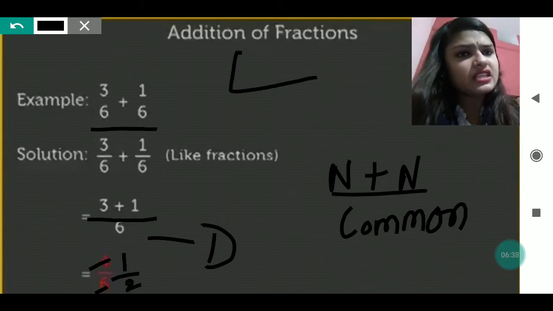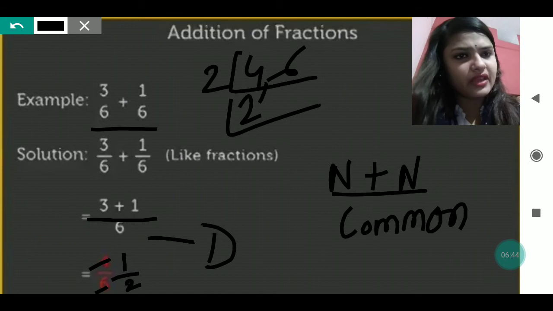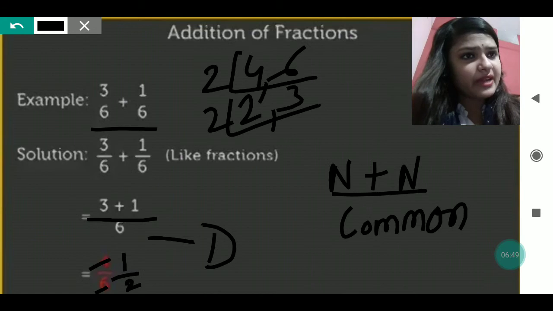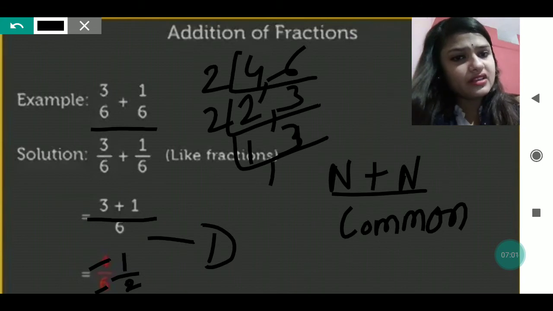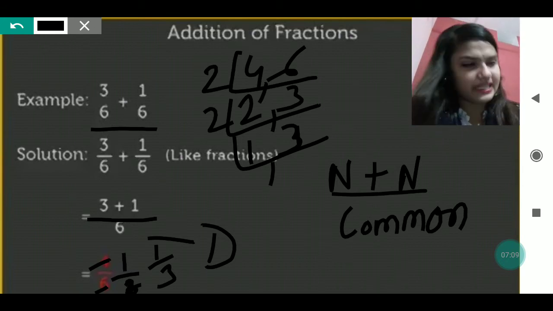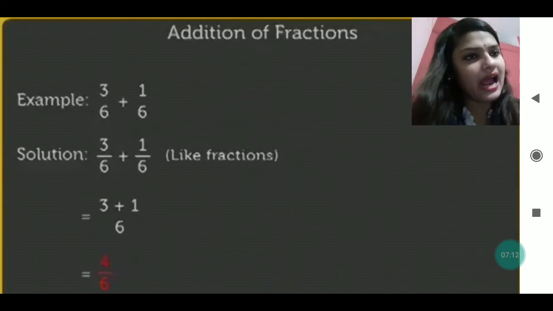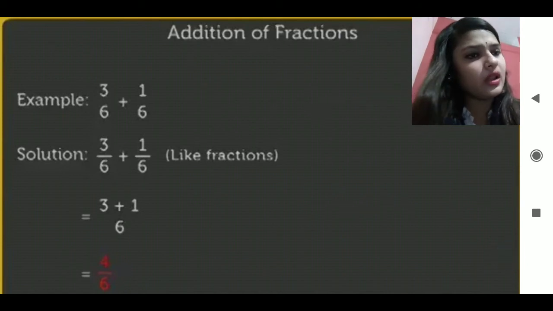You can find out the LCM also, and you will get the same thing which I have written. Just see, my dear, I'm dividing 4 and 6 by 2 and getting 2 by 3. Sorry, not 1 by 2, 2 by 3 will be the lowest form of 4 by 6. But it is not given here. You just have to add here. I was just giving an example that you can convert it into a lowest fraction like this.